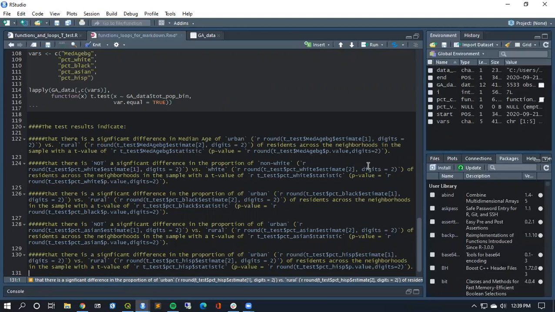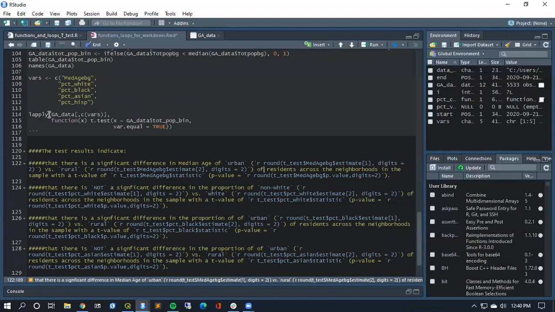And so when I did that, you walk through the process, you say, the test results indicate that there is a significant difference of median age of urban versus rural. This probably should say for residents. For residents across the neighborhoods in the sample with the t-value of, and this is calling the t-values, and the p-value of. So the 2 things that stand out here that are interesting are that we can actually set this